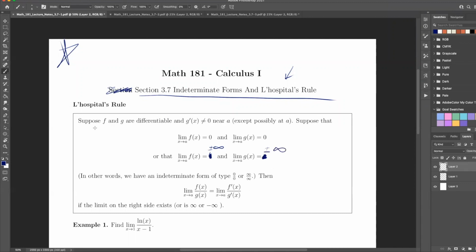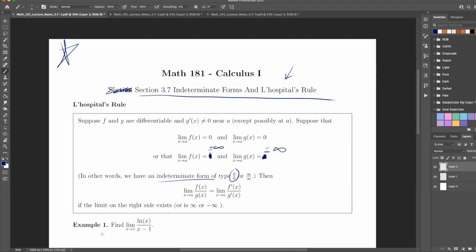All right, so let's start with the basics. Suppose f and g are differentiable, and the derivative is not 0, except possibly at a, but not near a. Basically, if I take a limit and I get 0 over 0, or plus or minus infinity over infinity, we call this an indeterminate form. We don't know what that is. If we take the limit, plug stuff in, and it becomes an indeterminate form,